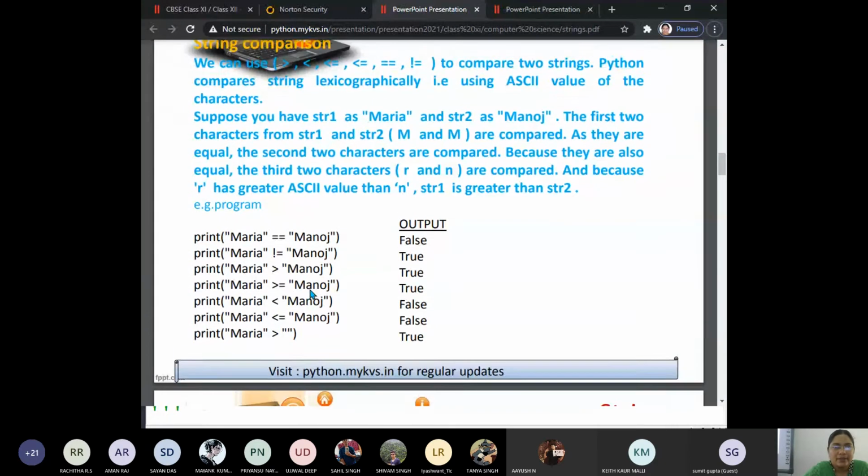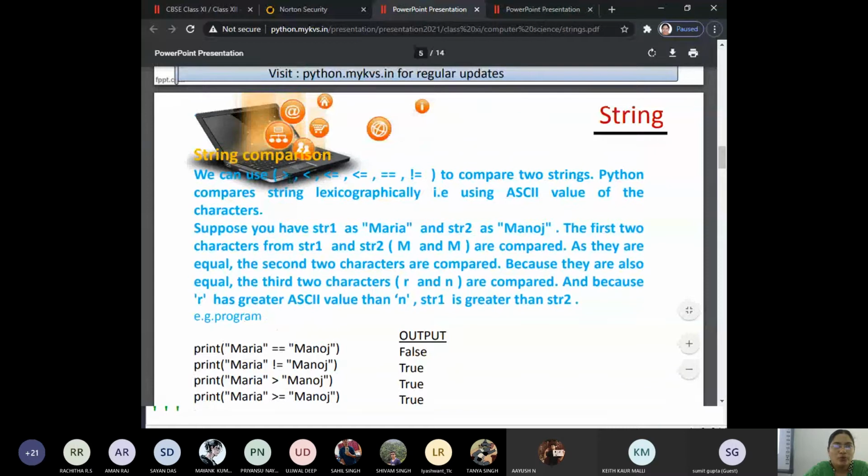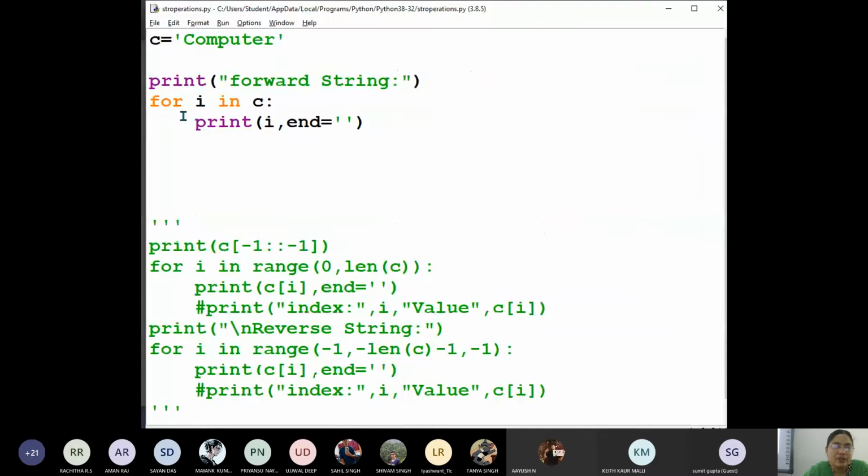Now let us compare two strings. How do we compare? Using greater than, less than, equal to. It is a dictionary order, lexicographic ordering. So now let us take one more string. c1 is equal to computer.